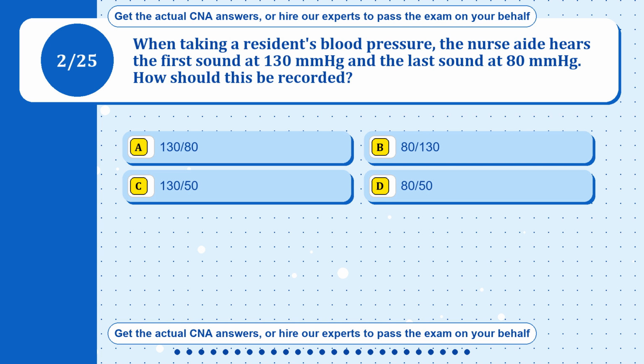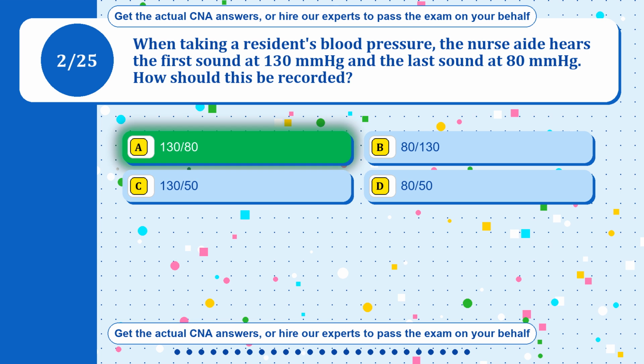Question 2. When taking a resident's blood pressure, the nurse aide hears the first sound at 130 mm Hg and the last sound at 80 mm Hg. How should this be recorded? Option A, 130/80. Option B, 80/130. Option C, 130/50. Option D, 80/50. The correct answer is option A,